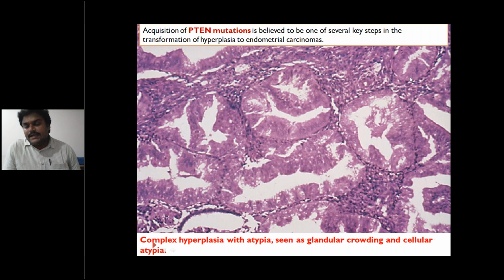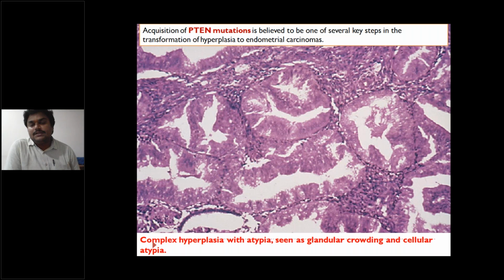So there is cellular atypia and overcrowding of the glands. When there is overcrowding of the glands in association with cellular atypia, it is called complex hyperplasia with atypia. Now actually this is called endometrial intraepithelial neoplasia in the